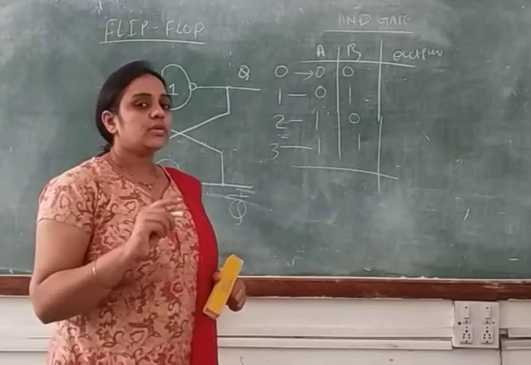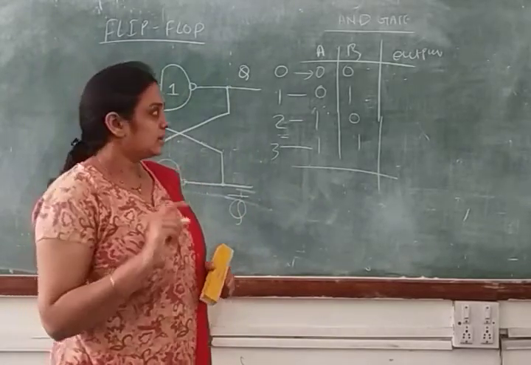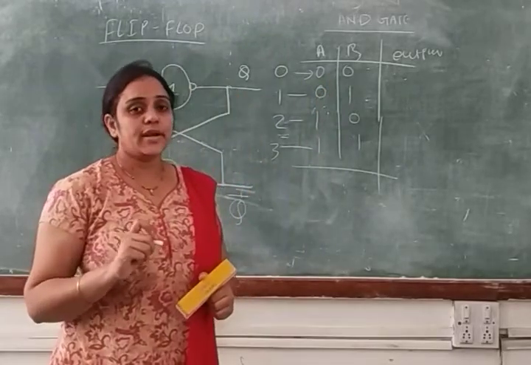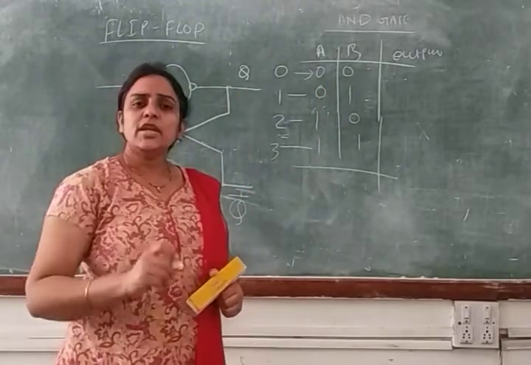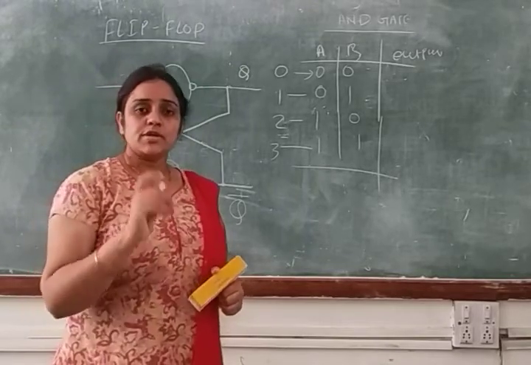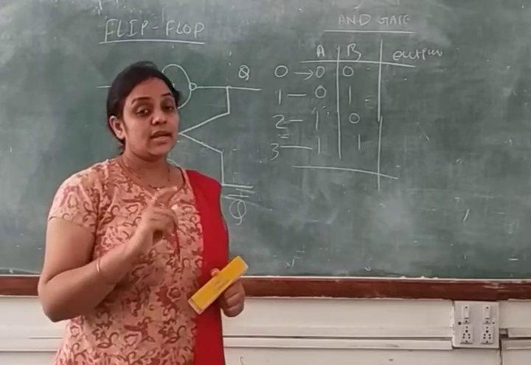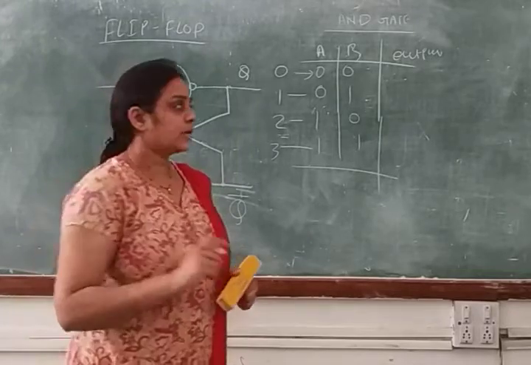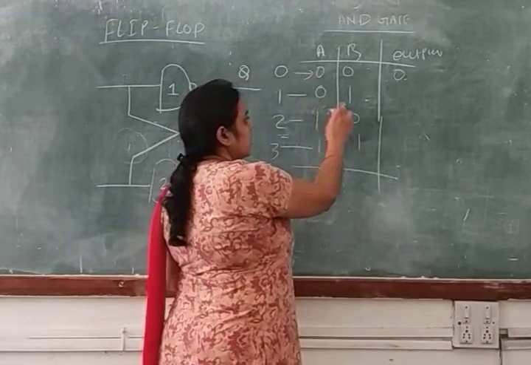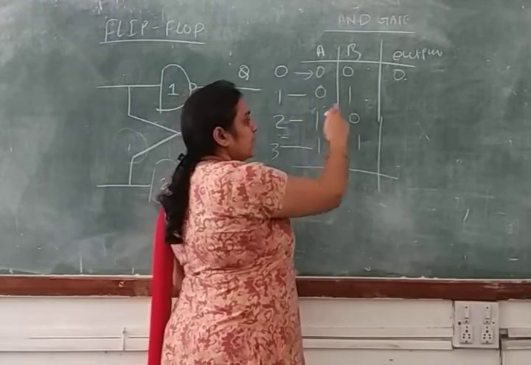Now if you are talking about the characteristic of the AND gate, then 0 0, and according to the characteristic of the AND gate, if you have any input that is 0, even if you have 100 inputs or 1000 inputs, if one input is 0, in that case your output is 0. Clear? So here 0 0, so your output is 0. Here your A value is 0 and B value is 1.